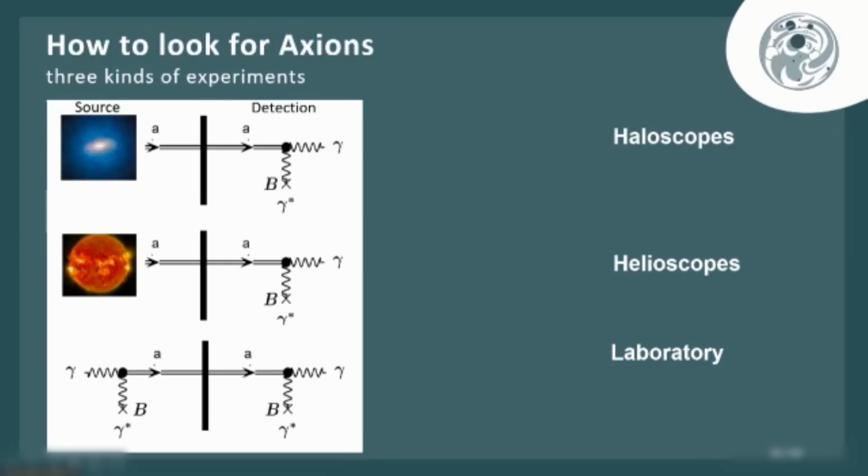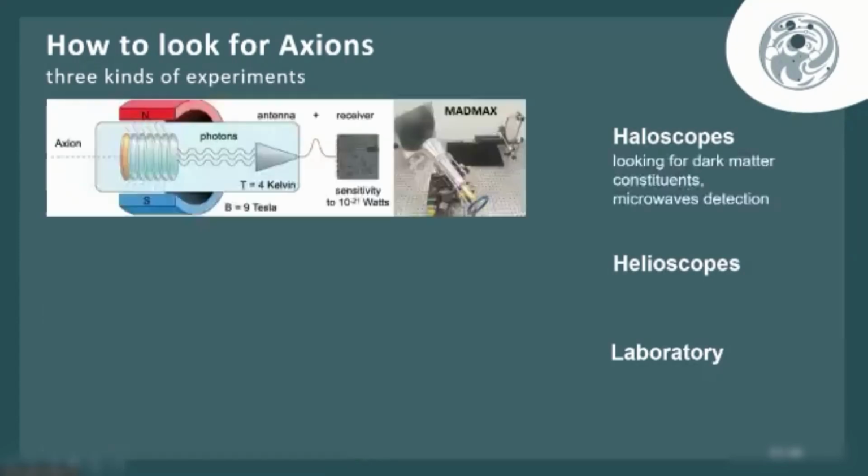And then what you do, basically, you just build a detector surrounded by a very large magnet, and you hope to see a photon. You close your experiment in the dark so that no unwanted photon will come to it, and you wait for a photon to appear. And indeed, this is the idea of the experiments we are setting up in Hamburg. We have partially prototyped. MADMAX is one of them,